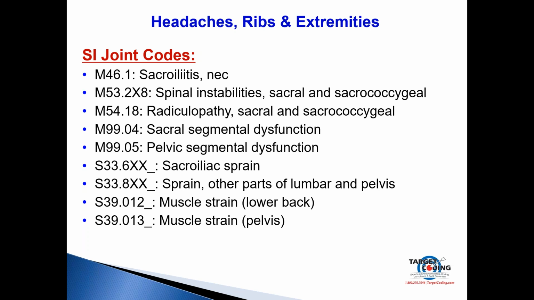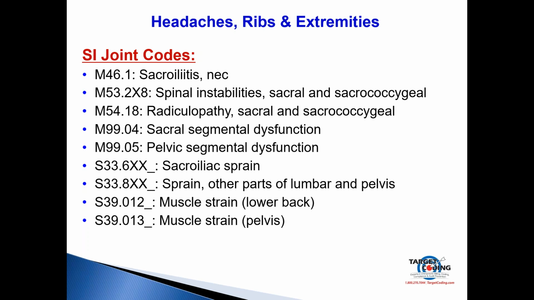And as far as radiculopathy goes, I just did an excellent webinar on how to diagnose cervical and lumbar radiculopathies, and I provided a whole bunch of cervical and lumbar radiculopathy diagnosis codes, and I provided the clinical rationale. So go ahead and take a look at my Target Coding YouTube channel, and you'll see that nice little webinar on